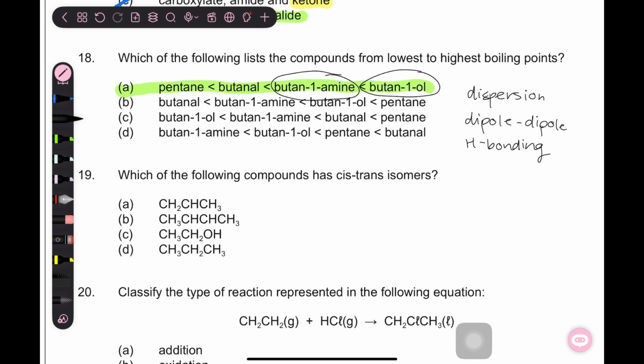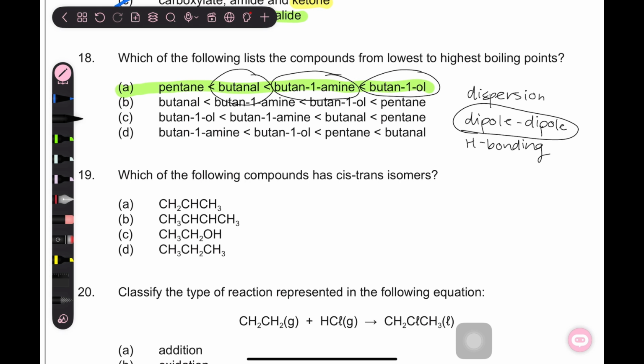But it also has a lower boiling point than butanol, and the reason being is that oxygen is more electronegative than the nitrogen in butan-1-amine, and therefore can form stronger hydrogen bonds more readily. And then we've got butanone, which cannot do hydrogen bonding, but it has strong dipole-dipole forces, which is why it's